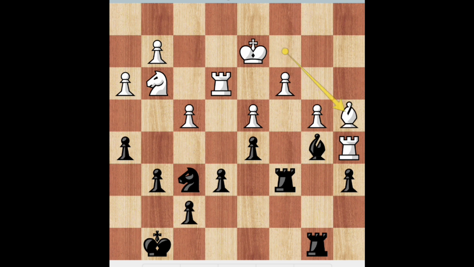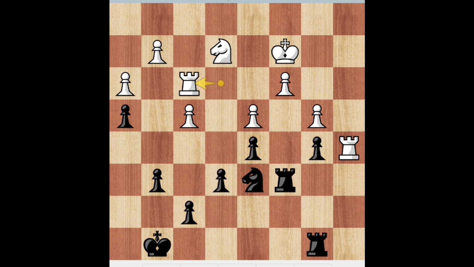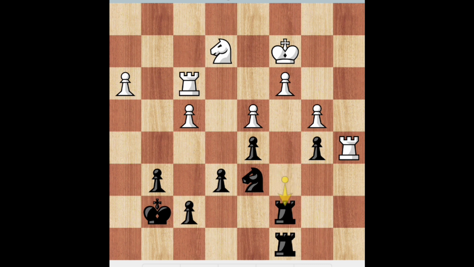Bishop a4, h4, bishop takes b5, a takes b5, knight e2, knight e4 check, king c2, knight d6, rook f3, rook on b to c8, and g4. H takes g3 en passant, knight takes g3, king g7, knight e2, rook on 6 to c7,